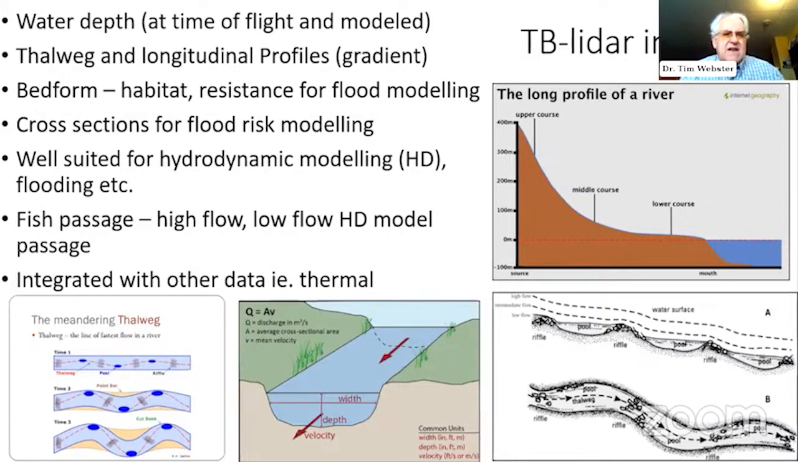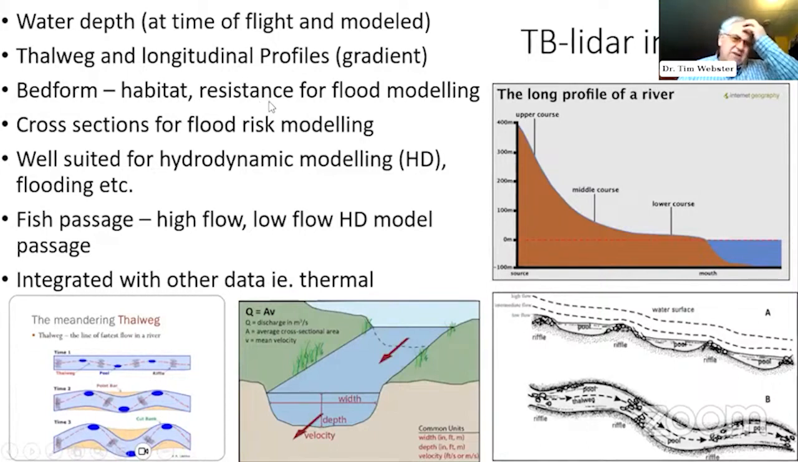We can also use that data to derive the longitudinal profile. On the top right here, this is the longitudinal profile of the main stem of the river. It shows us the gradient, if there's pools, if there's riffles, where these may affect fish habitat. So we can also take a look at bed forms